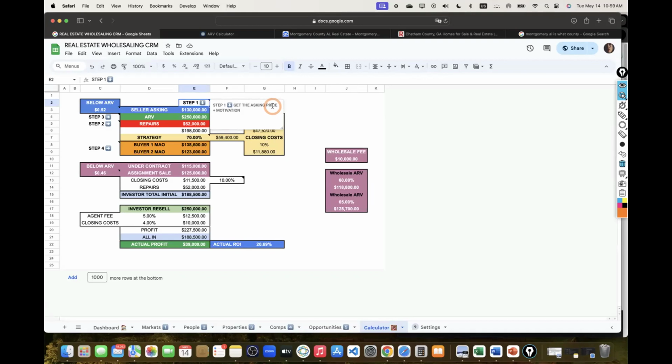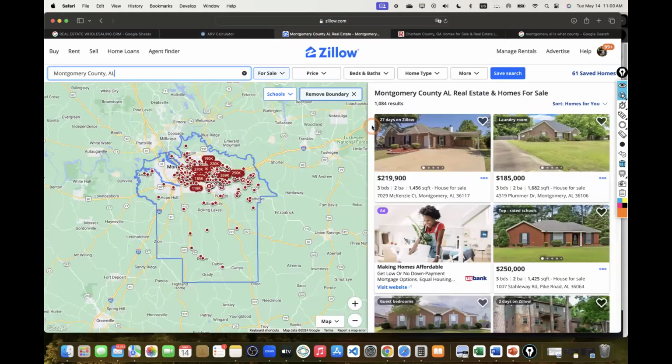This is a live thing where we analyzed one property for 30 minutes. I found the entire neighborhood, cool, and now I can target all those 1,000, 1,200 square foot homes and lower, but I would rather spend the time collecting all that data and getting in front of people right off the bat. So I'm just giving you guys a big tip, something major, because it's something that happens very often. So let me go back to Montgomery, Alabama to see if we can find another deal over here.